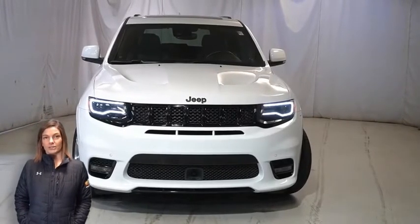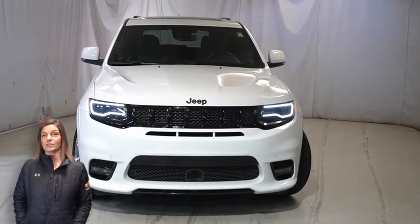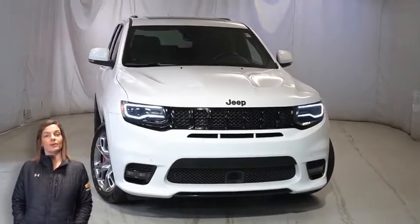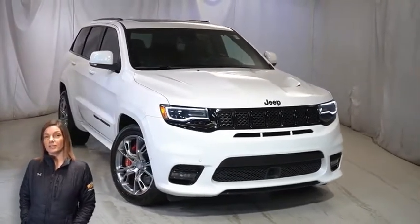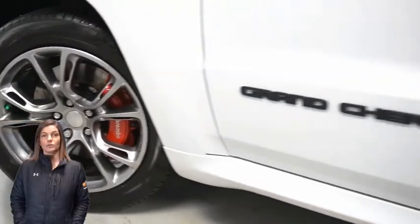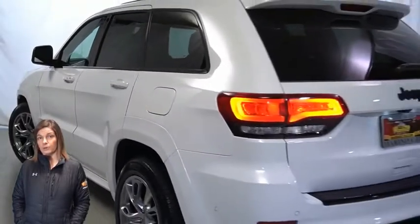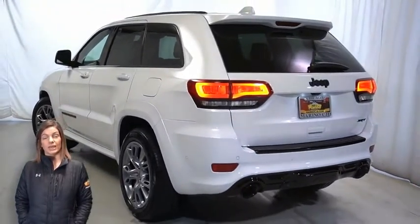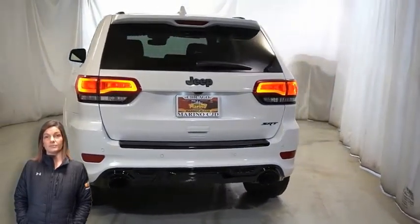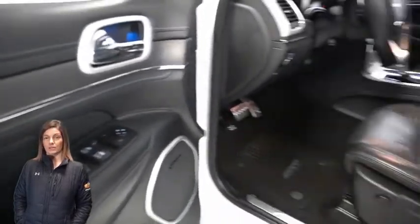Looking for a highly equipped SUV with all the right options and reliability? We'll take a look at this certified pre-owned 2020 Jeep Grand Cherokee SRT in bright white. With bi-xenon HID headlamps, premium fog lamps, 20-inch aluminum wheels, Brembo 6-piston front brakes, LED tail lamps, heated and ventilated front seats, heated steering wheel, 32,000 miles on the odometer,